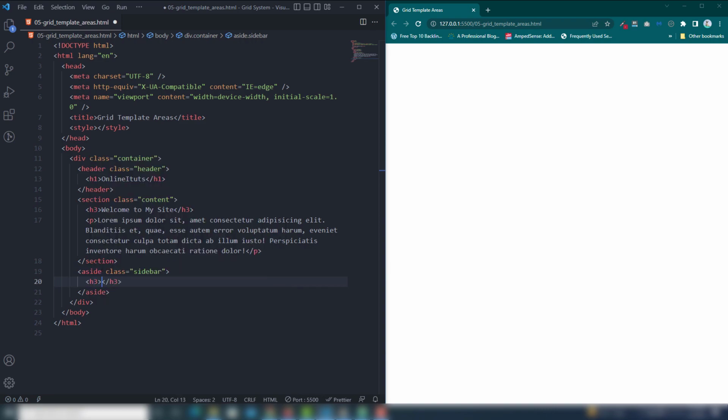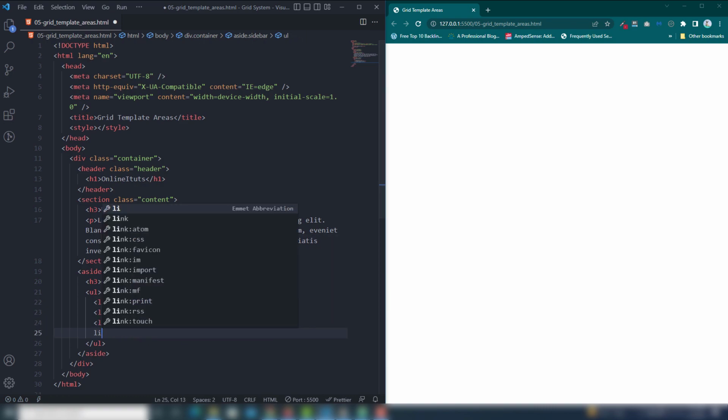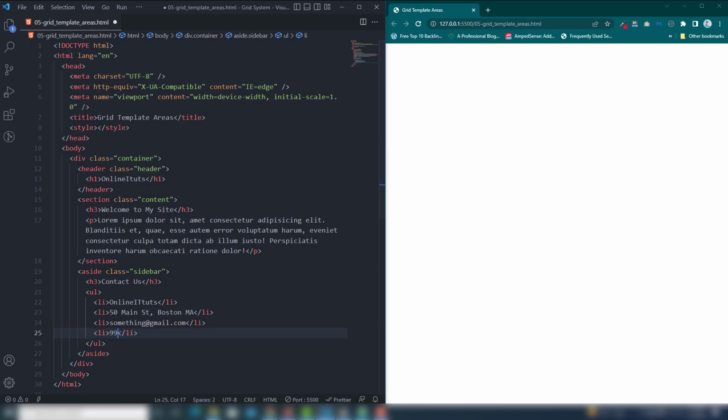Inside there I'm going to use h3 contact us, ul, li OnlineITtuts online, 50 Main St, Boston, li something at gmail.com. Then I'm going to add the number,